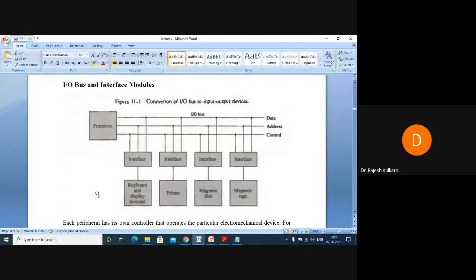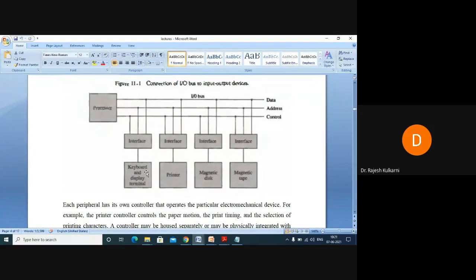So the CPU will be talking to these external devices through these interface units, and the CPU has an IO bus. The IO bus again is categorized into data bus, address bus, control bus. CPU will be activating a specific line, and that specific line address will be decoded by the interface unit. Then that interface unit knows that this is meant for it. That way the communication will be facilitated between the CPU and the external devices.